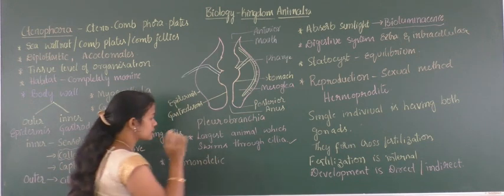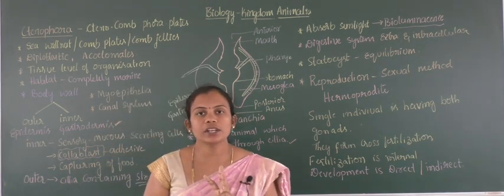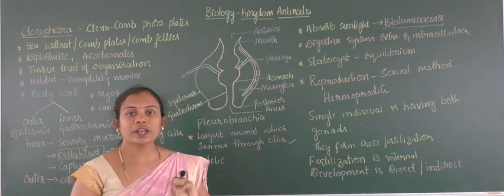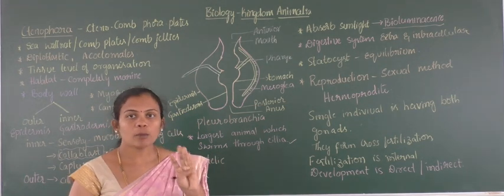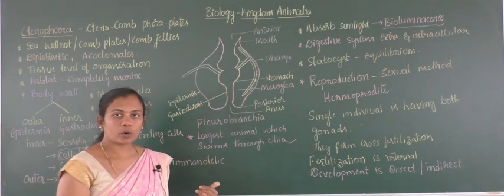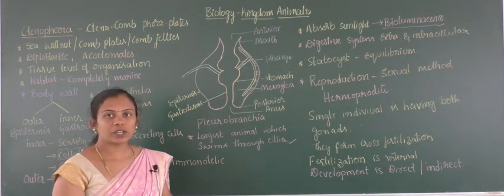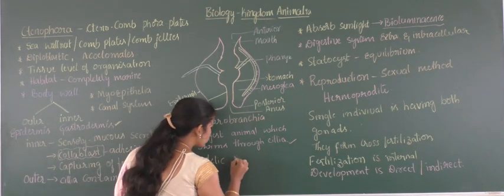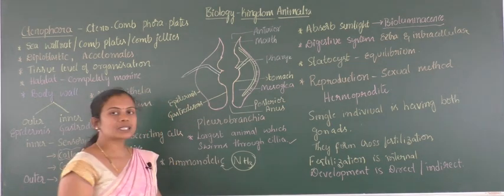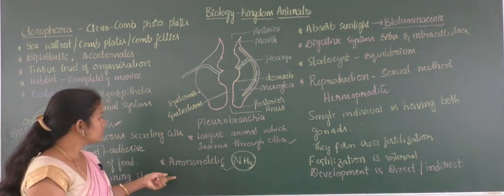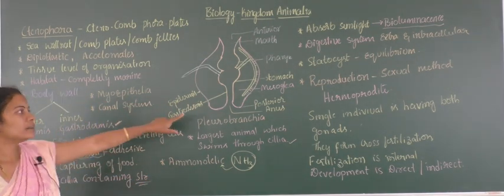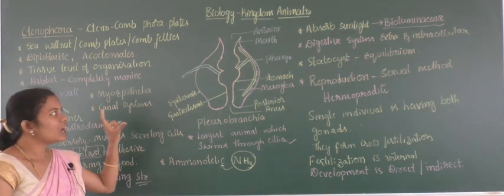As in case of excretion, I said there are three different types of organisms which can be grouped in the animal kingdom based on their major excretory product: ammonotelic, ureotelic, uricotelic. Here, as these are living in the water body, they excrete waste material in the form of ammonia. So that's why these organisms are considered ammonotelics. So regarding Ctenophora, we completed the properties and the structural modification and appearance.